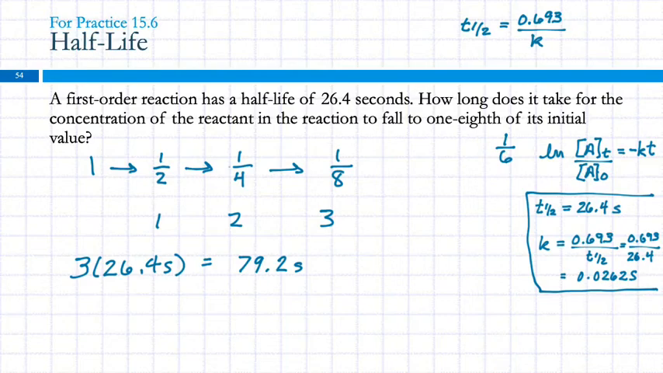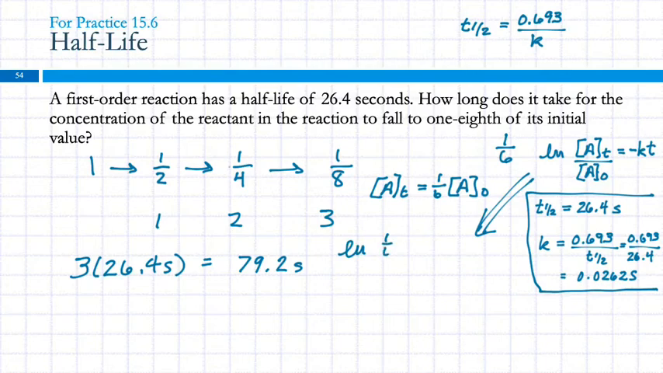And I'm sure there's another way to do it, but it's not immediately obvious to me right now. So if AT is 1/6 of what it started out as, the concentration has fallen to 1/6, then we can say that AT is equal to 1/6 of A0. And now I'm pulling this equation out. The natural log of 1/6 of A0 divided by A0